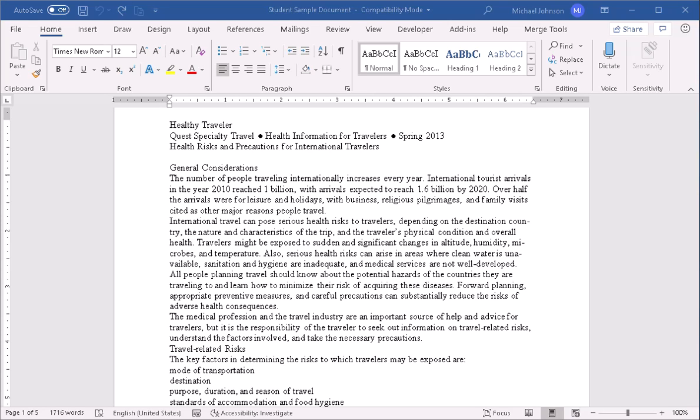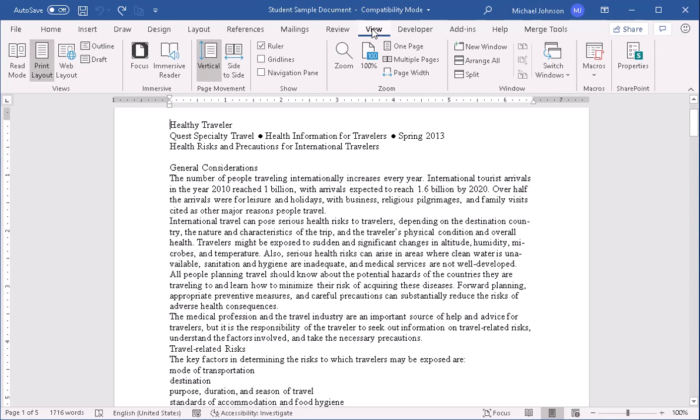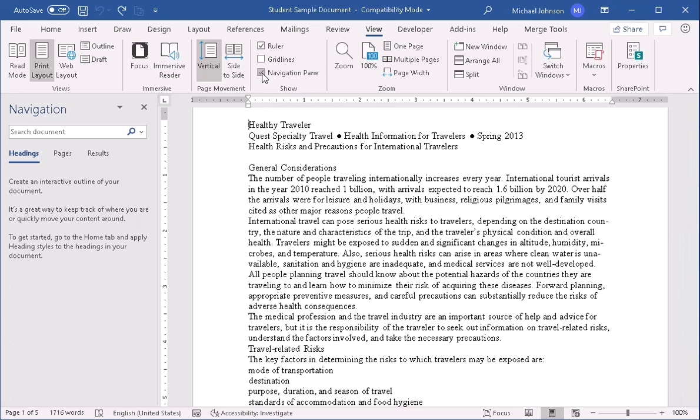There is a tool we can use called the navigation pane. So let's take a look at this. I'm going to go to the View tab at the top. I'm going to click on it, and you'll notice that within Show there are three separate items that can be chosen. The first being the ruler, guidelines throughout the document, and also a navigation pane. So I'm going to click on navigation pane so it turns it on, and there it is on the left